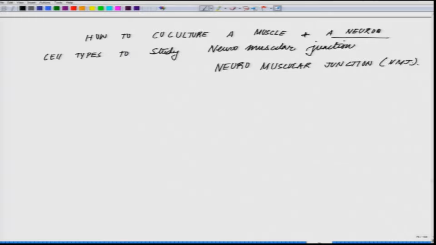So, how to co-culture a muscle and a neuron cell type to study neuromuscular junction. This is your problem statement 1. The problem statement 2 is